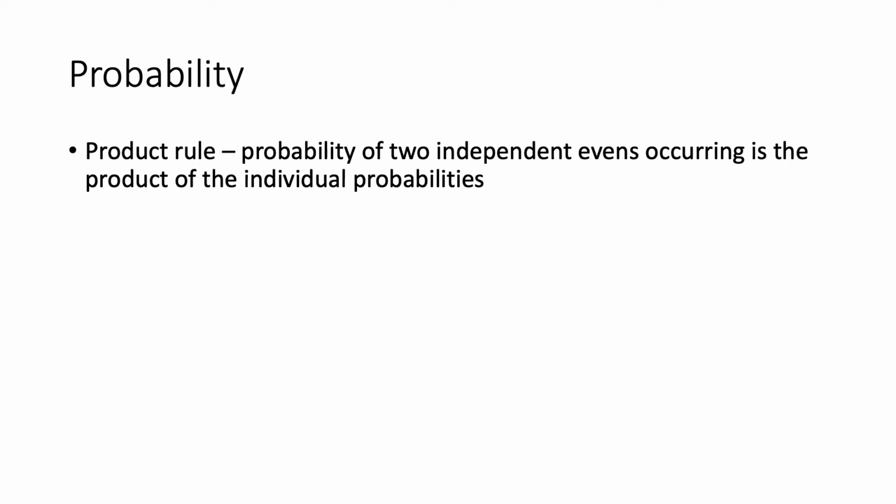of their individual probabilities. So for example, if I knew that pea color and flower color don't influence each other, and I wanted to know what were the odds of having a plant with pink flowers and green peas, I can multiply the odds of having green peas by the odds of having pink flowers.